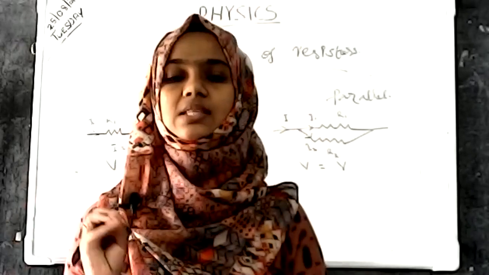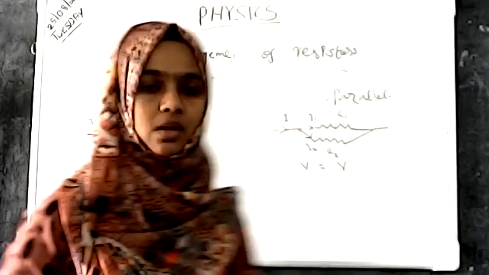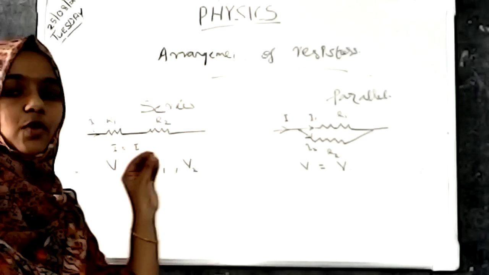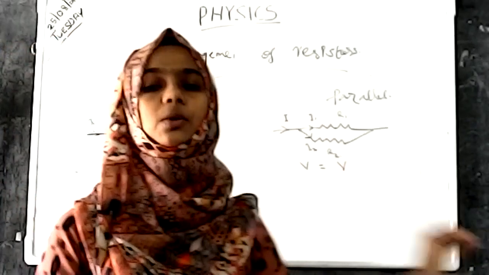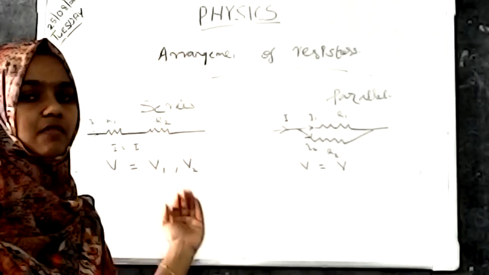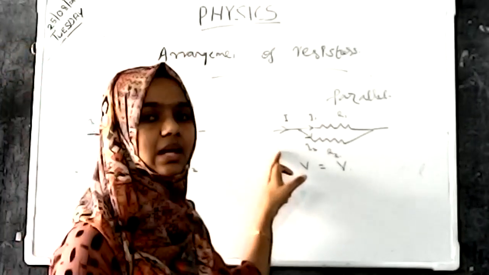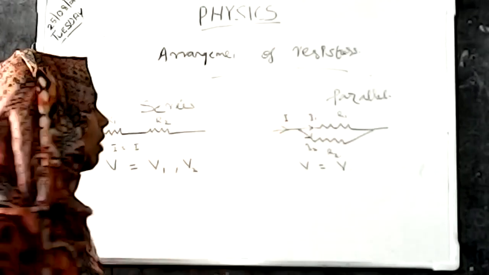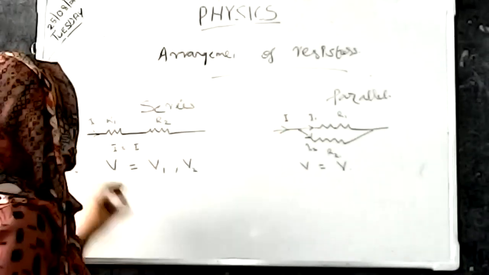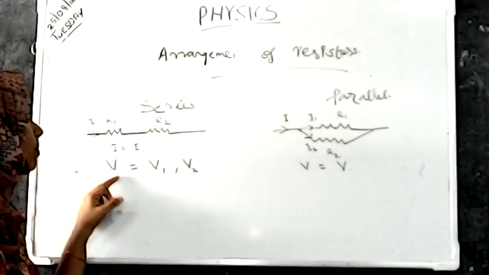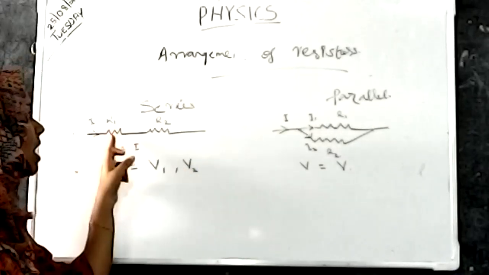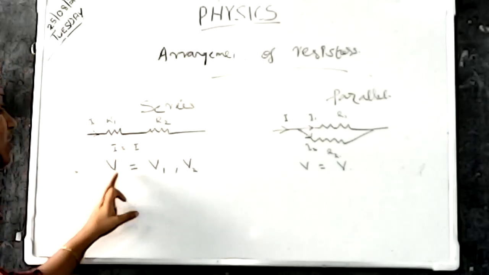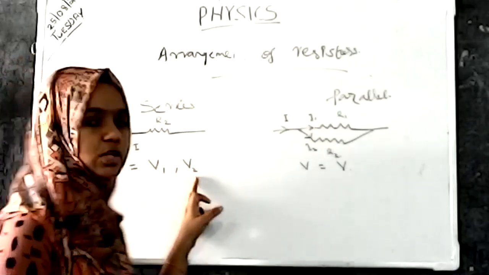So the series connection is more effective because here there is no split in the current. Here the current is fully transferred to both of the resistors R1 and R2. But in parallel the current splits and becomes I1 and I2. Okay. And we say that in the series connection, with R1 and R2, I is not changing, and in the potential difference, V is equal to V1 plus V2.